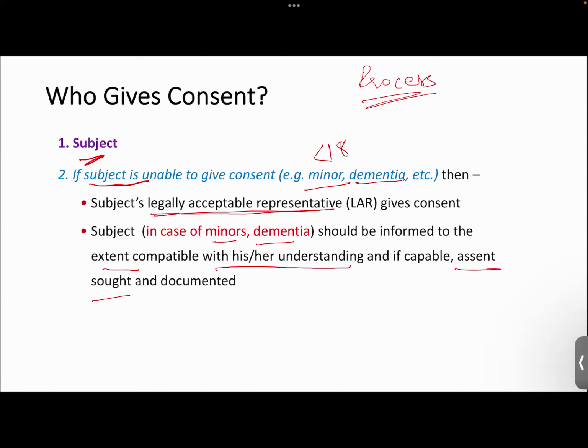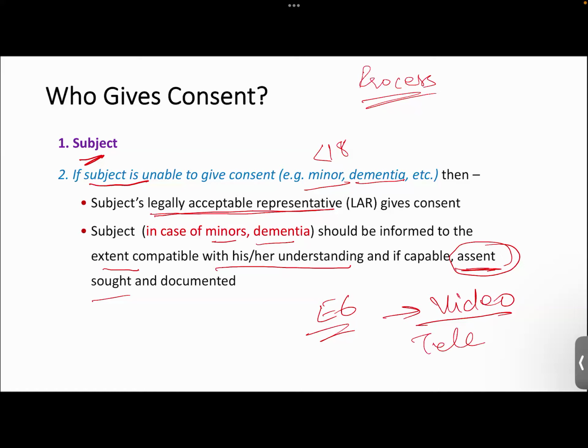So for children, you should be taking an assent. Now this assent is evolving a lot. They're saying to tell the kids as much as they can understand, maybe in the form of a comic, maybe in the form of a video. The new E6 guideline has been revised. They are saying to go beyond and use modern technology for consenting. This is our new thing. They're even saying teleconsenting, right? So remote consenting. That's the new thing they are talking about in the revised guidelines. So you take an assent from children and then consent from their parents. I will explain this in our coming slide as well.